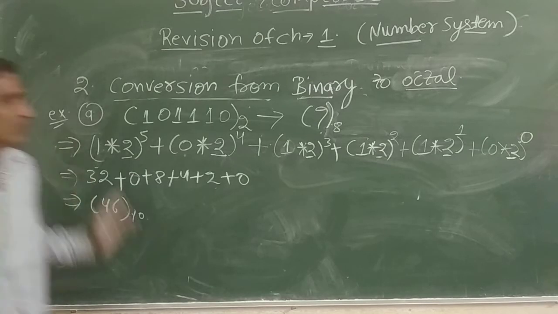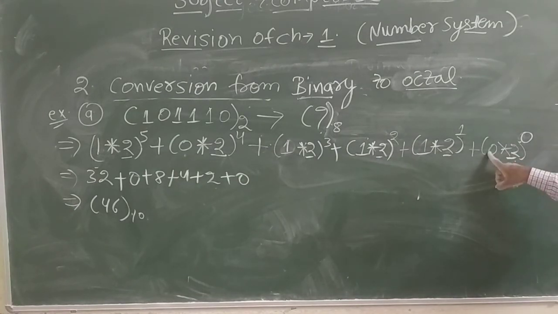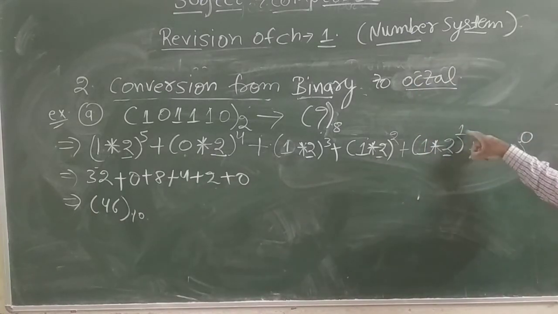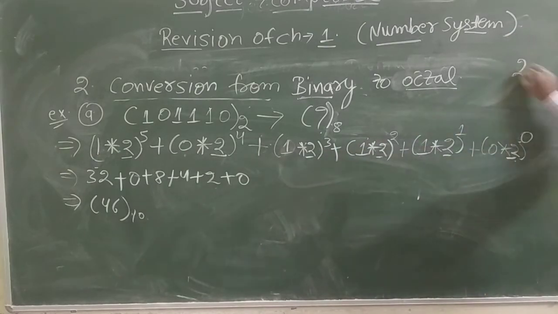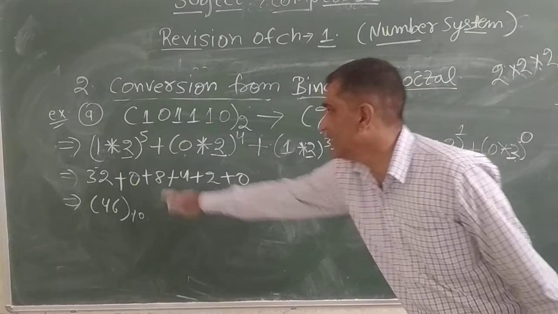So first of all we have to start from right hand side to left hand side. 2's power 0, it means we get 1. 1 multiplied by 0, 0. Understood this thing? 2's power 1, 2 multiplied by 1, 2. 2's power 3: 2 into 2 into 2, 2 ones are 2, 2 twos are 4, 4 twos are 8. So we have to write here 8.